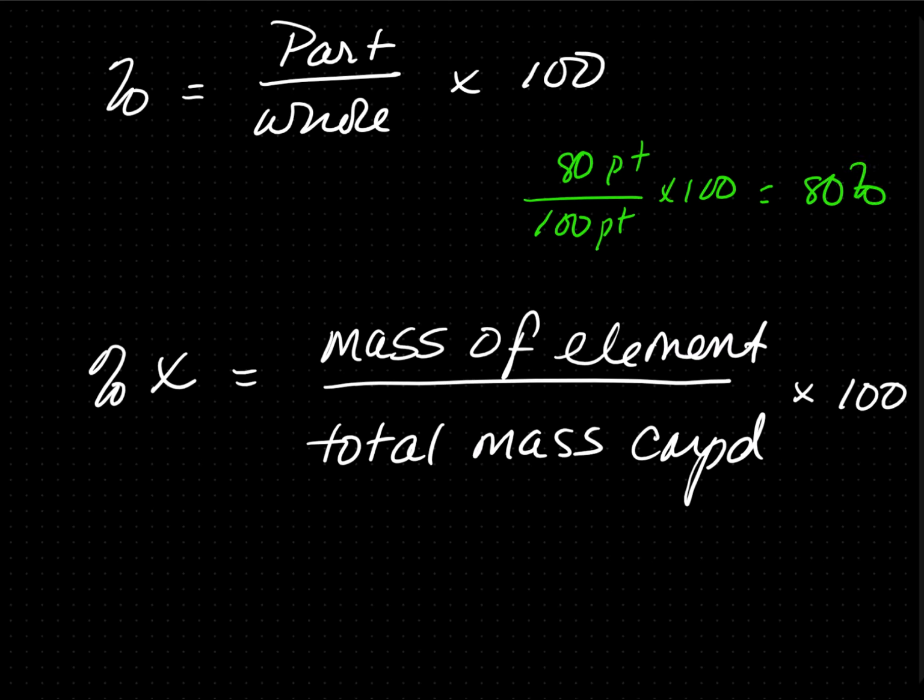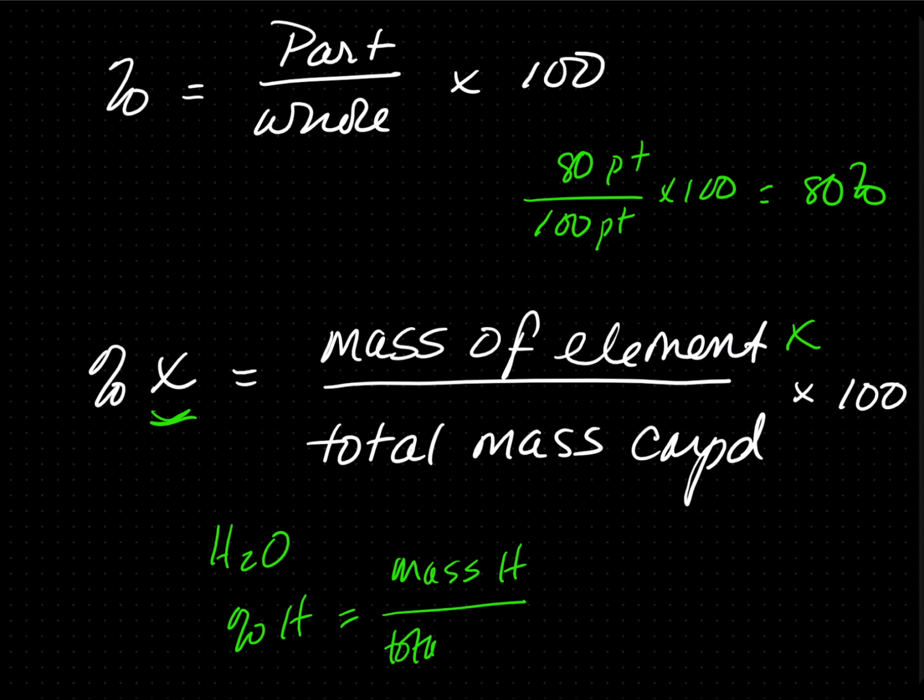So we're going to do the same thing, but we're going to use elements. If I need to find element X, it's going to be the mass of that element X over the total mass of the compound times 100. For example, when we had water, the mass percent of hydrogen is going to be the mass of hydrogen divided by the total mass of water times 100. Since there are 2 hydrogen atoms, we need to do 2 times hydrogen divided by the total mass of water